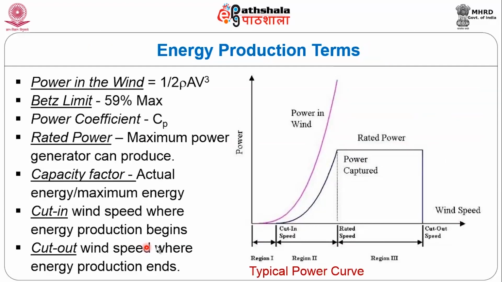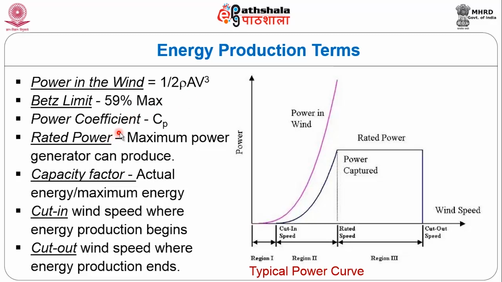And this is about the energy production terms, and here we have the power in the wind, that is half rho A V cubed. As we have seen, rho is the air density, V is the velocity of the wind, and A is the swept area, and from the kinetic energy it is derived. The Betz limit is a maximum of 59%,